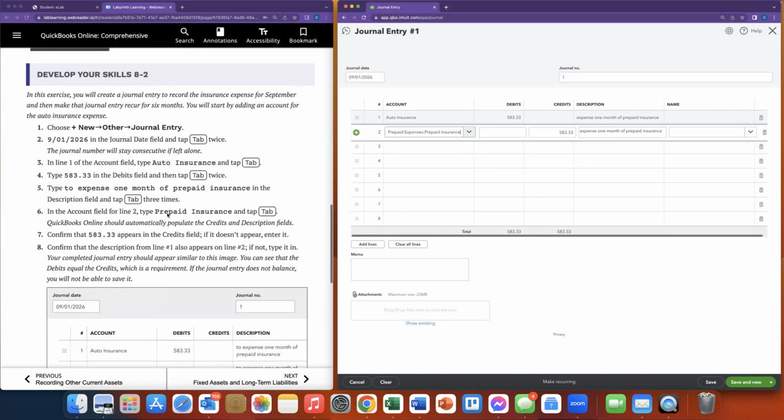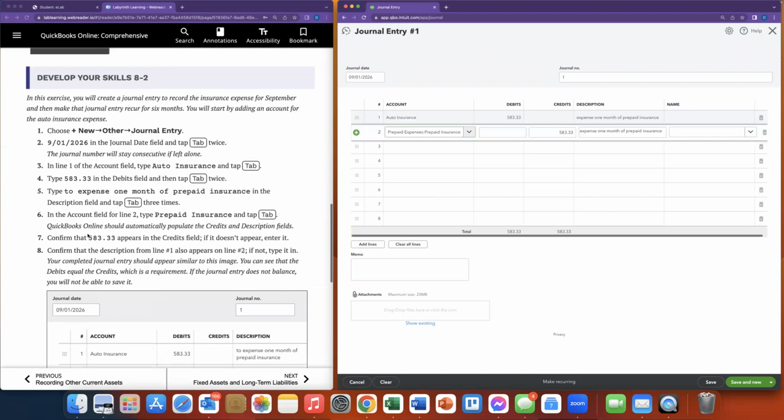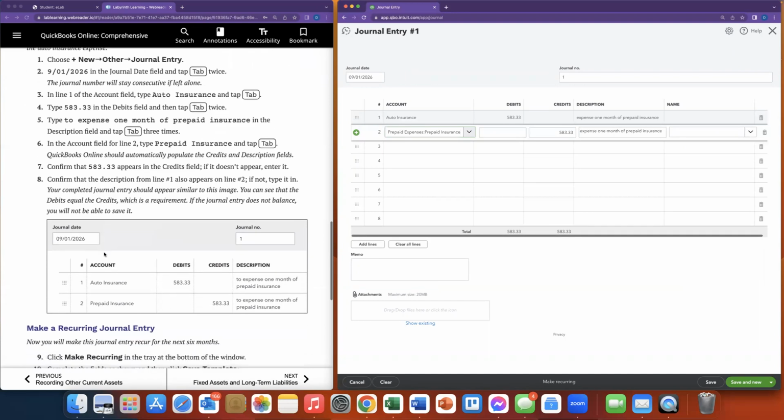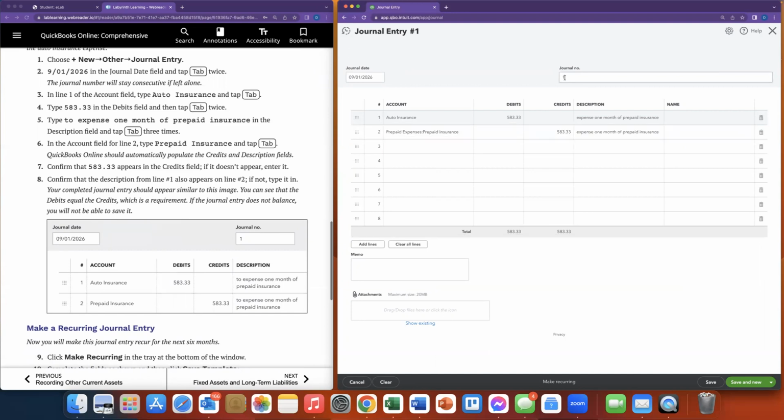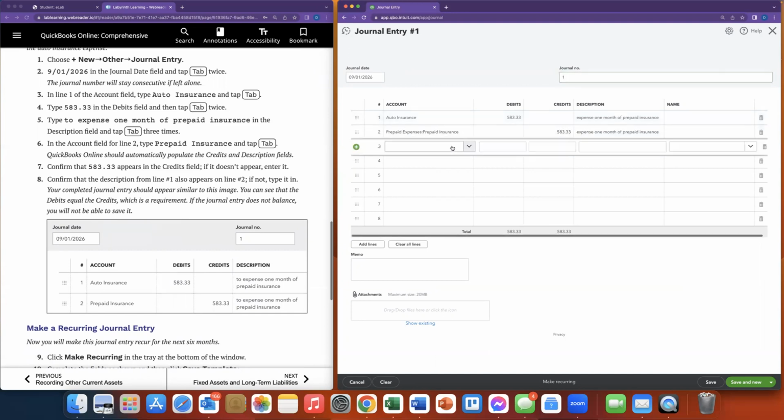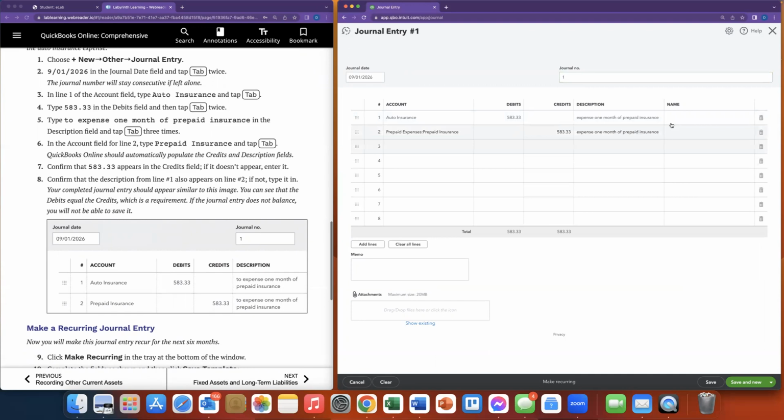So description field 3 times. In the account field for line 2, prepare prepaid insurance. We did that already. Confirm 583. Yes, we confirm. And this is how it's supposed to look. You have a journal number, and these can be overwritten in your QuickBooks. It depends on the policies that your company will have. So it looks good, and we can actually